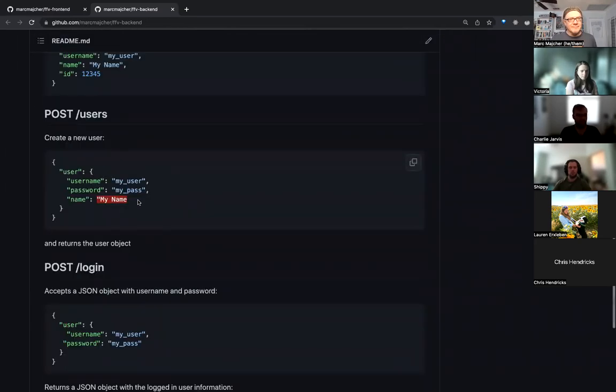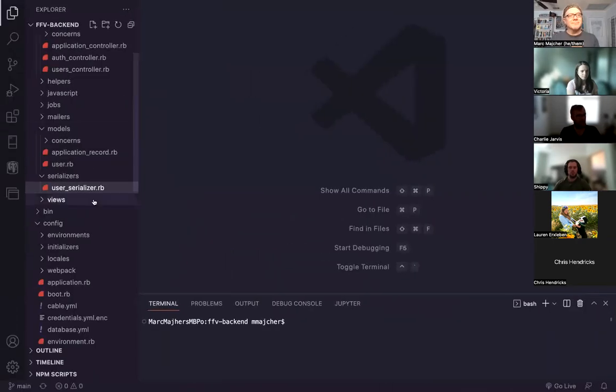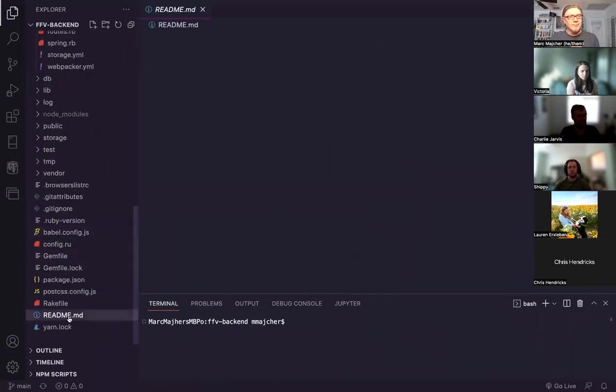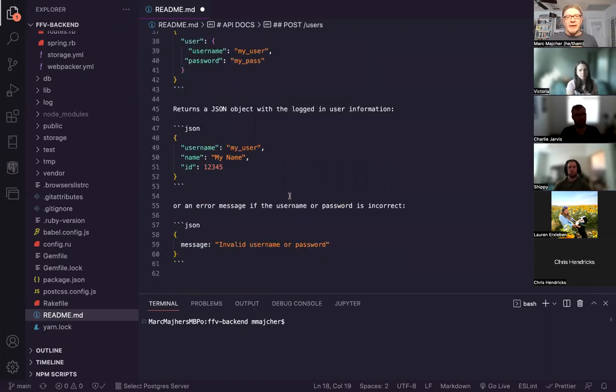I had a quick question. While I was working on this yesterday, I realized we never went through the destroy route. But it seems like you also don't need a destroy route on the back end. Is that right? I mean, for right now we're just logging in. We don't have a log out yet. And we, well,